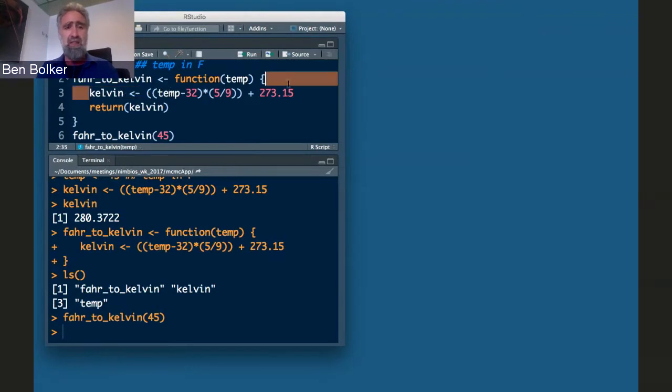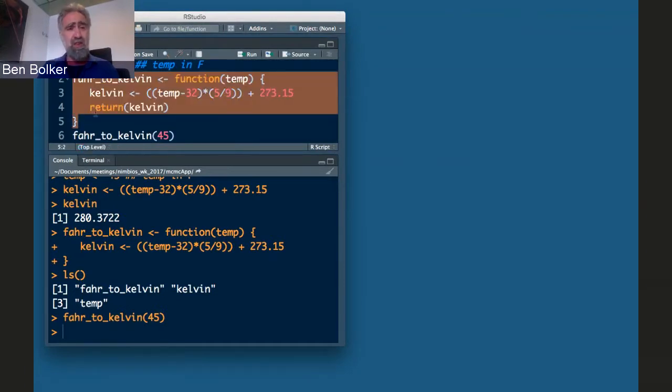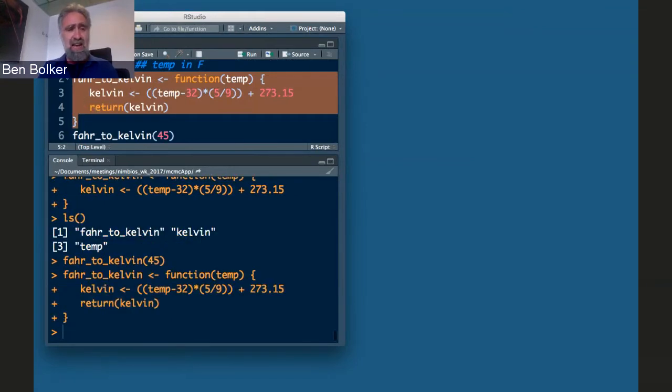So I did the computation, but I never said, when you run this function, what do you want to get back from it? Just modifying the function up here, however, doesn't help. I actually have to redefine the function. So I take that thing that I defined and I update the definition by pasting the new function into the